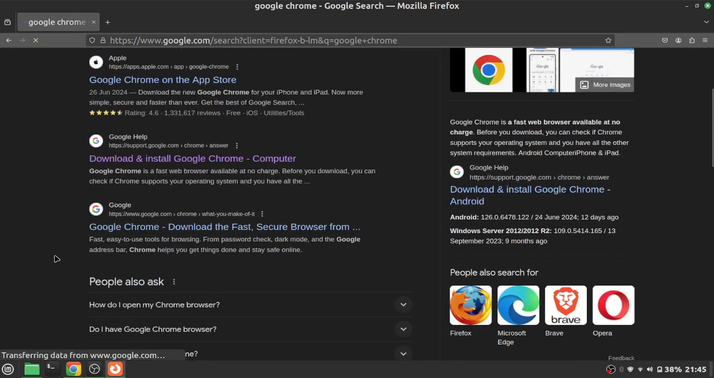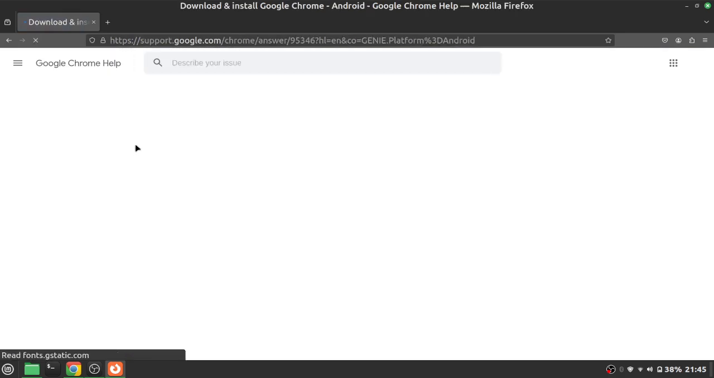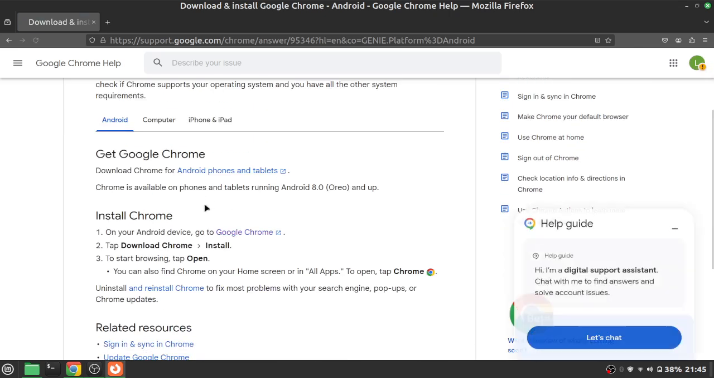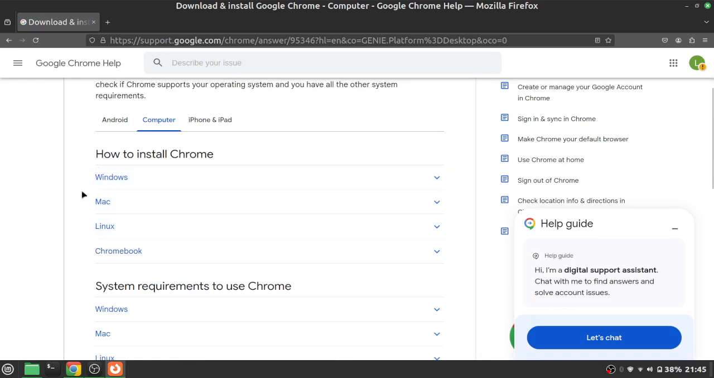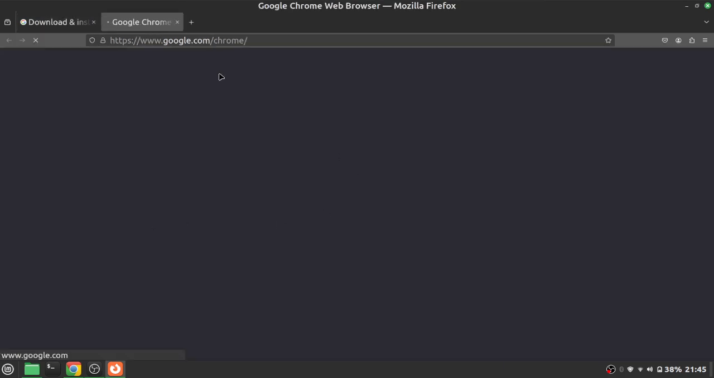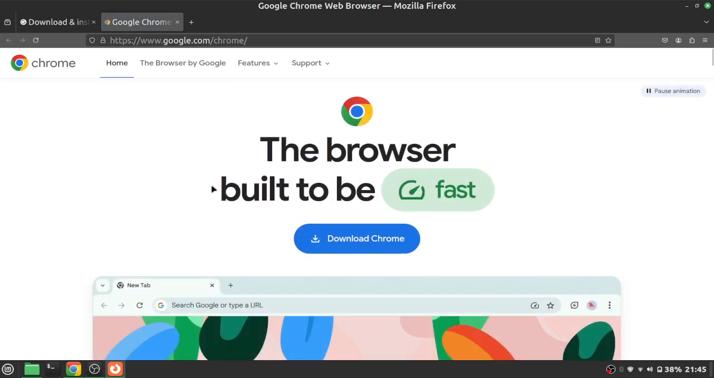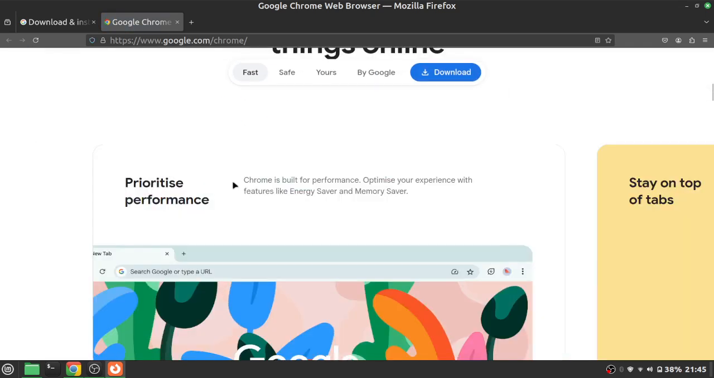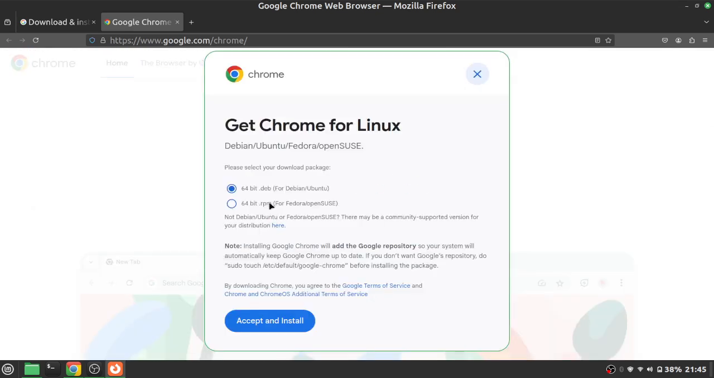After searching it, you have to just scroll down and click on this link. Then after that, click on computer. Then here just click on Linux. Then click on this link. After you click it, just click on download Chrome, and for Linux Mint you have to